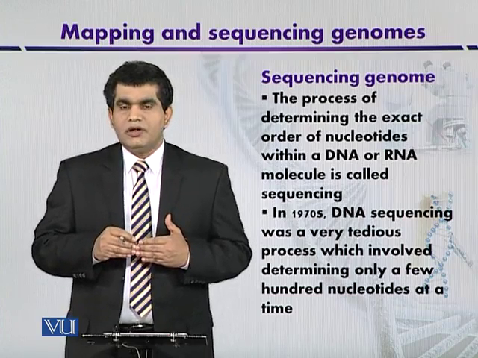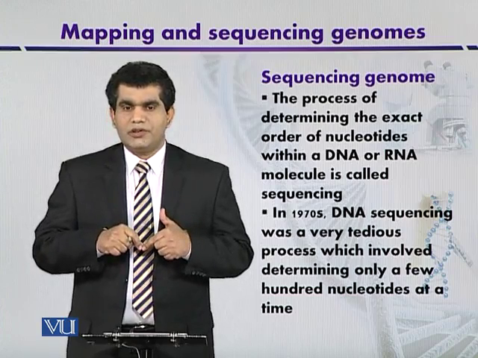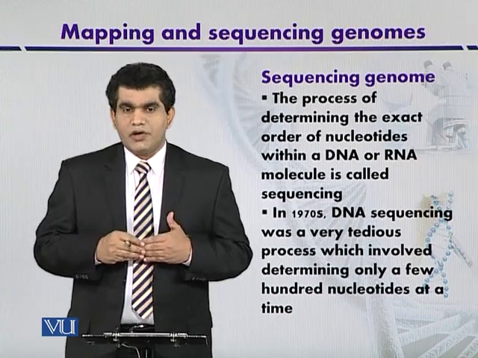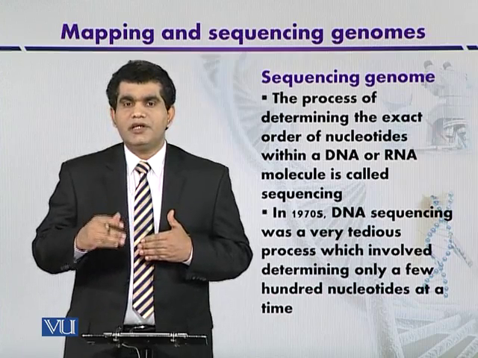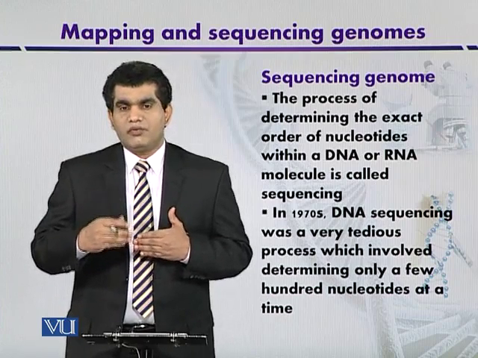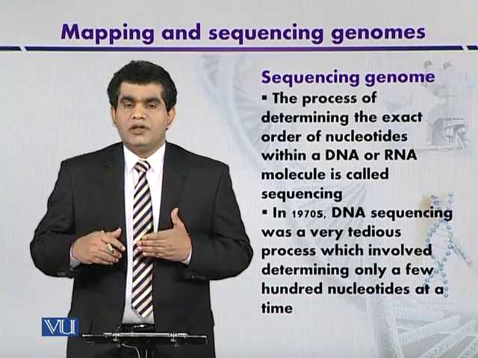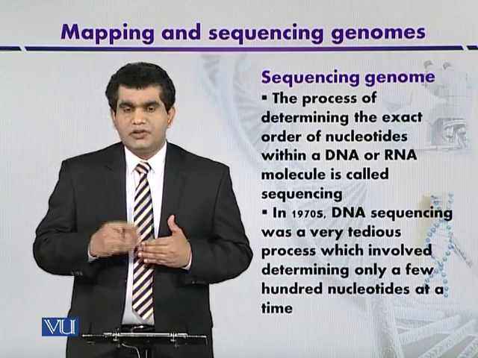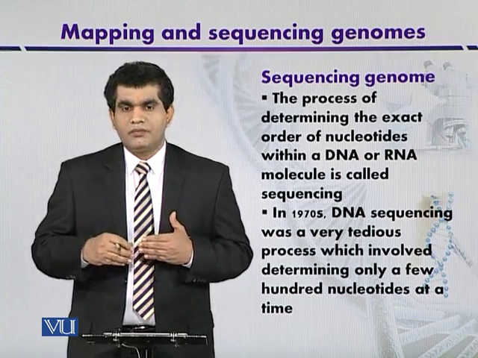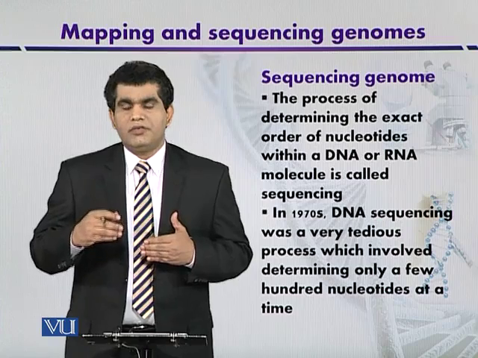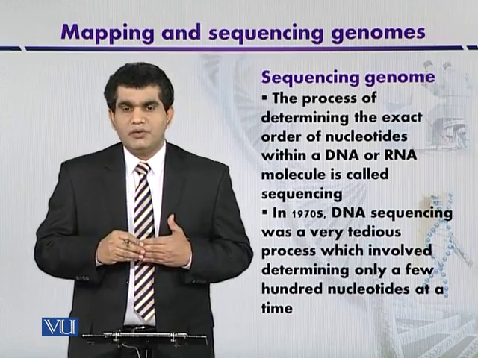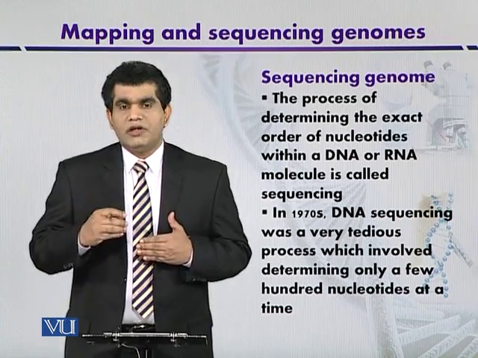कि suppose अगर हमारे पास एक जेल का पीस है रेक्टेंगुलर सा, और इसमें हमने डिफरेंट वेल्स हम बनाते हैं डिपेंडिंग अपॉन आवर रिक्वायरमेंट, तो हर वेल में हम एक ही सैंपल लोड कर सकते हैं, और इसमें डिटेक्टर होता है जो कि emission जो fluorophore करता है, depending upon which base is involved, it can be detected. So this was the automation that was introduced later on. So these were some basic techniques in the late 1970s that were introduced for the sequencing of the genome.